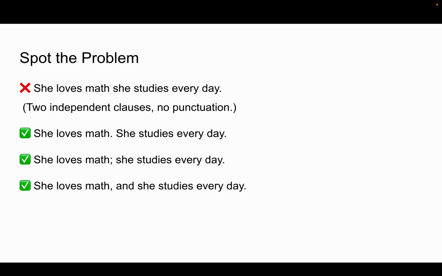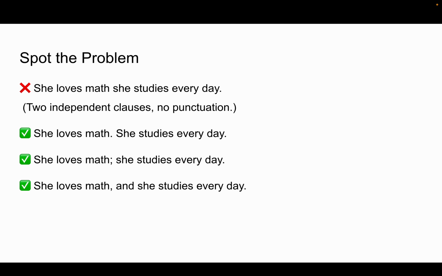And the way to fix it is you can separate them with punctuation. In this case, you could say, she loves math, period, just separating it with a period. Or you could say, she loves math, semicolon. Or you could say, she loves math, comma, and, the and being the conjunction that then combines the two. So if you see two full ideas that are jammed together, that sentence is probably a